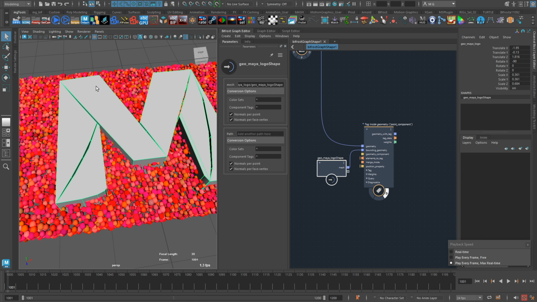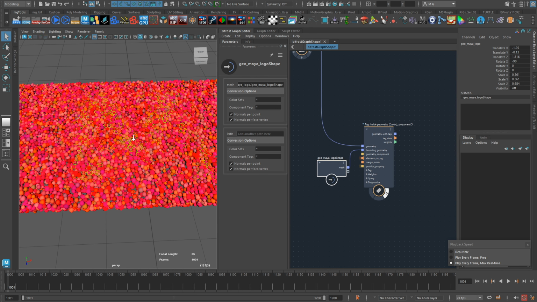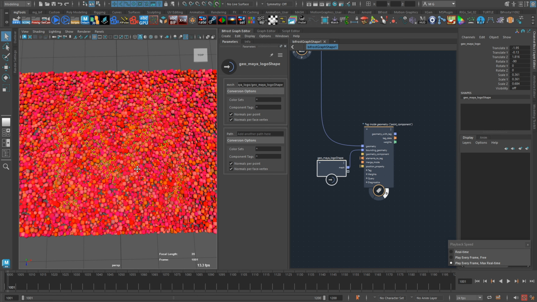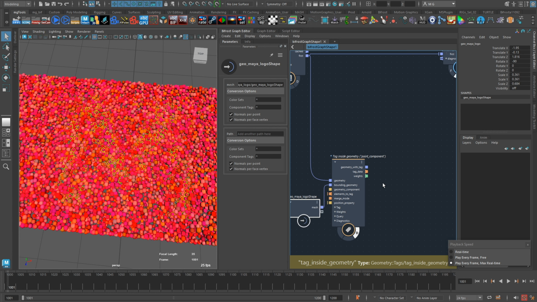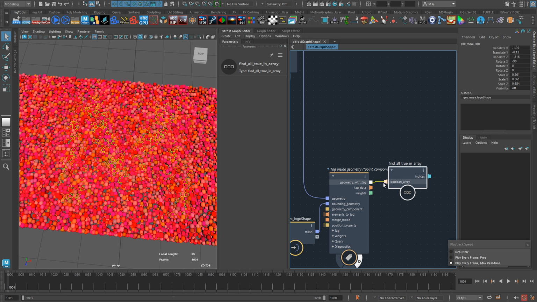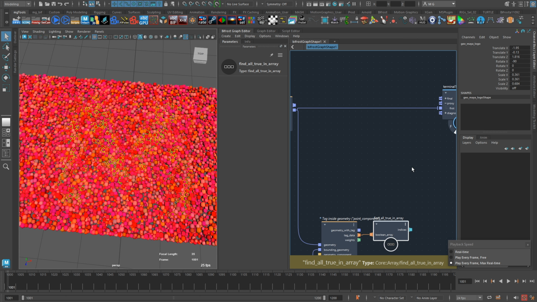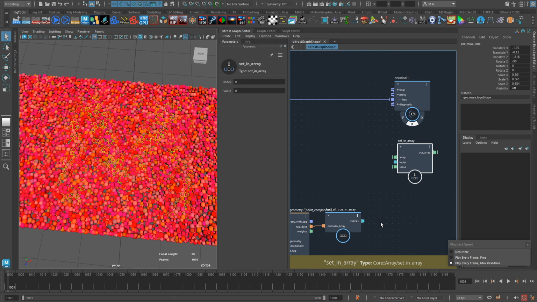So let's hide this geometry, and we can see that we have something already tagged inside. So all these points, we can get the indices just by asking for the find all true in array. So we're going to plug that here, and from there we can just say we're going to set in array these indices